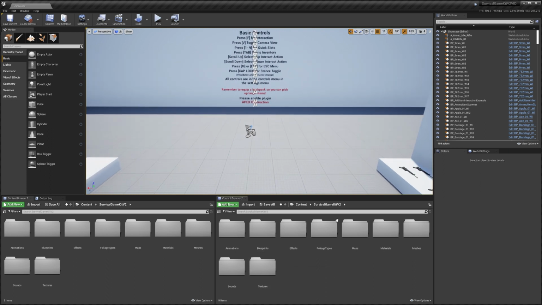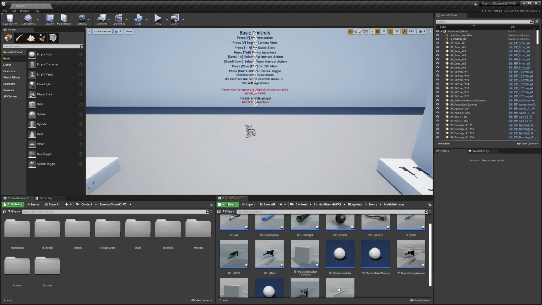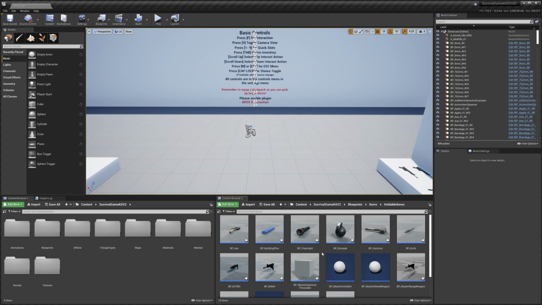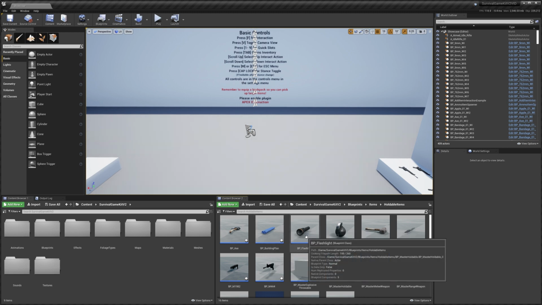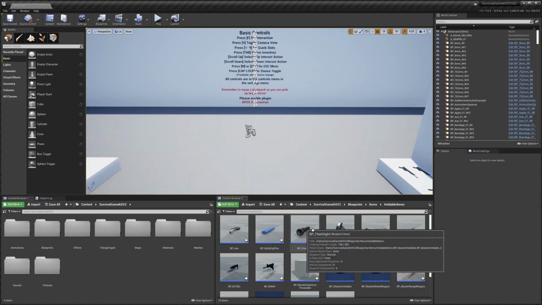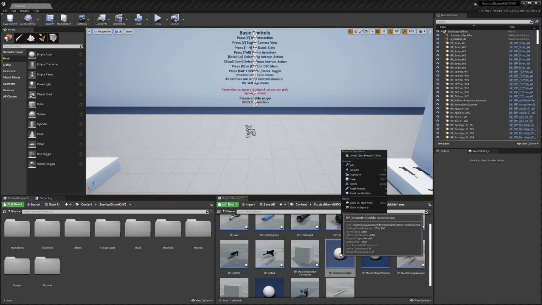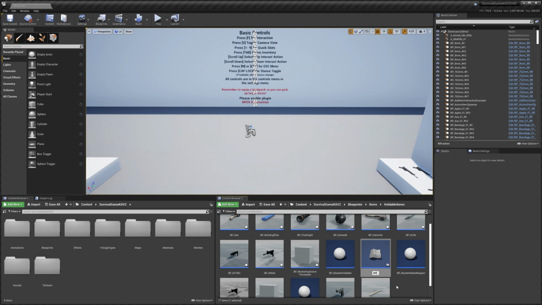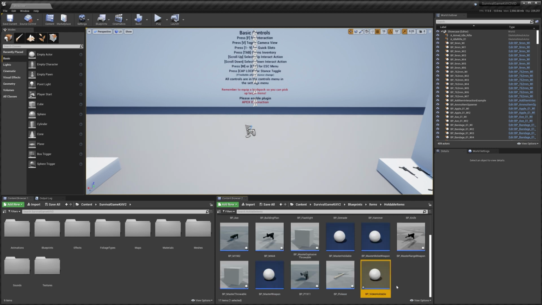So to get started we'll make our holdable blueprint, so we'll go to blueprints, then items, and then holdable items. Now there's two ways you can go about creating a new holdable. You can just duplicate one of the existing ones like the building plan or the flashlight, or we can right click the master holdable and create child blueprint class. I'm going to call mine BP video holdable just so we know which one it is,